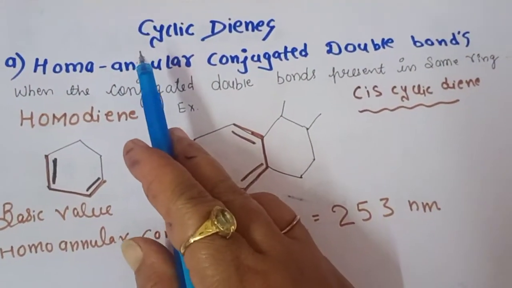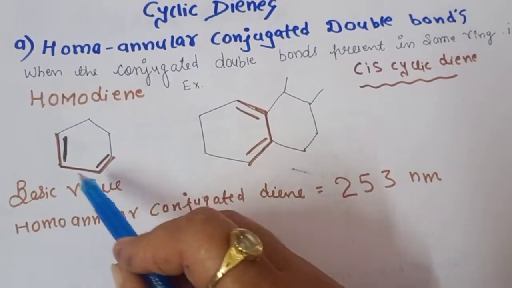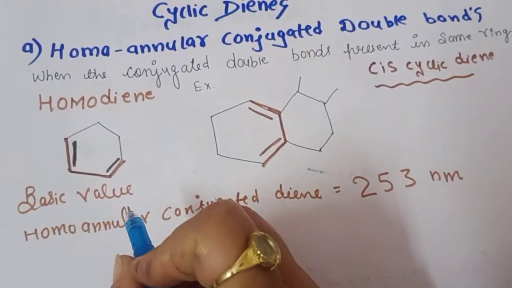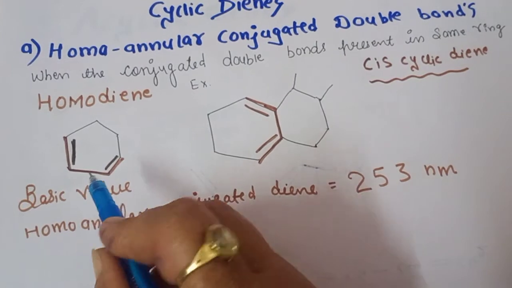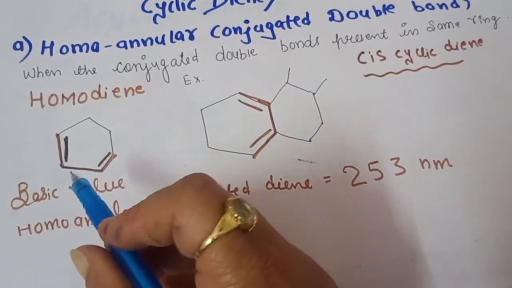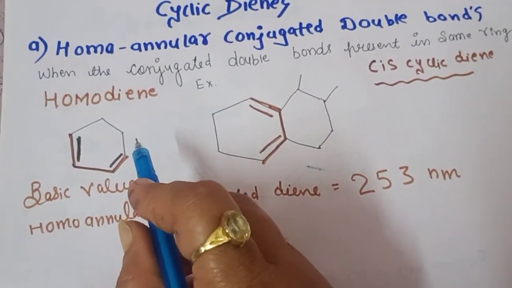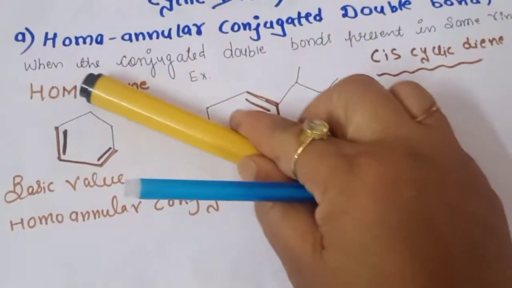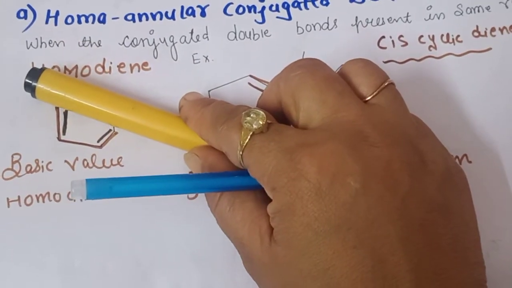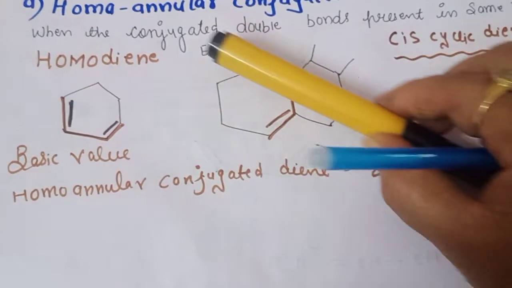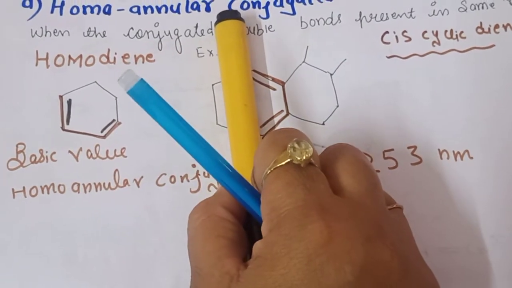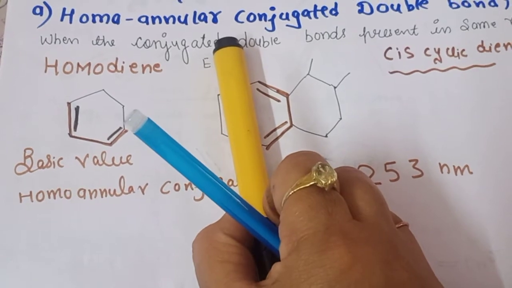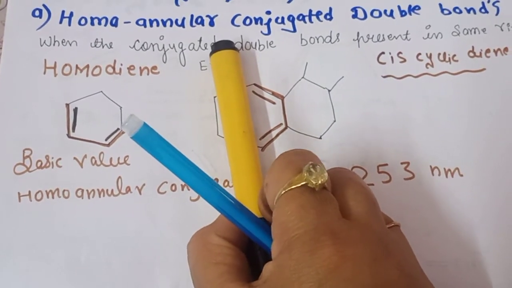Next is our cyclic dienes, means they will be in the form of a cycle, and dienes means there will be double bonds. Again, the important thing is that you have to visualize one butadiene system here. Either it will be in the cis form or in the trans form. I hope you can see the butadiene system here. Yes, this is our cis form. And here also you can visualize it. It is a cis form of the butadiene. Don't see this ring, you can see this ring. So this is one form of a butadiene only, in the cyclic manner.